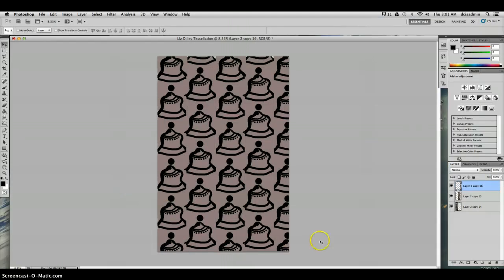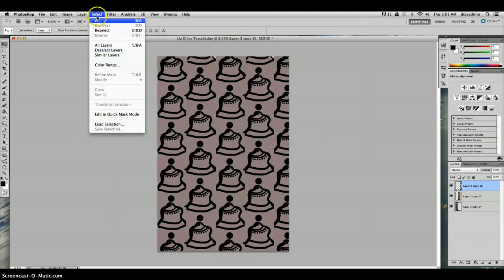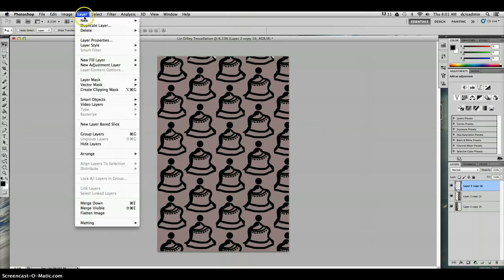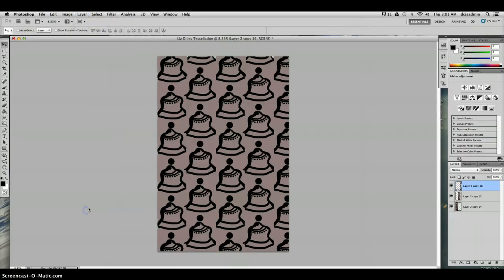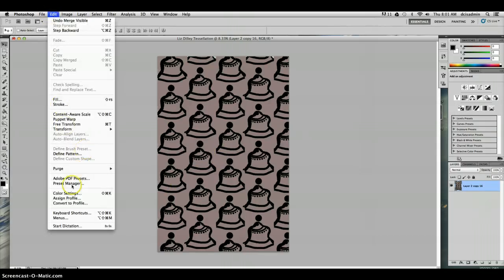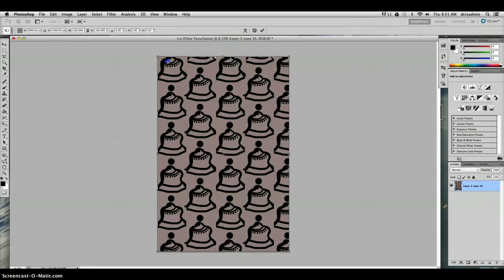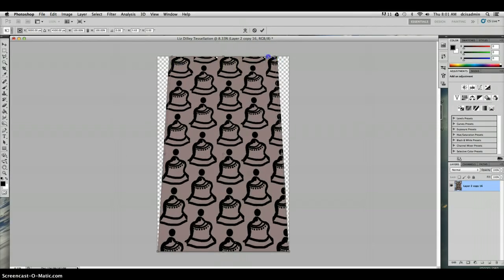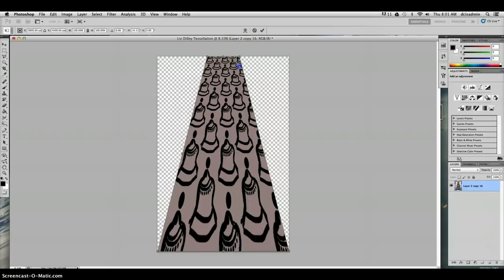Okay, once my tessellation is finished, I'm going to go to my Layer menu, and I'm going to Merge Visible to get them all together. And then I can do some fun stuff. I can play around with my transform tools, and I could change the perspective of this, so I could make it look like it's going back in space, and then do something fun. Maybe let's hit return. I could copy this layer, Command J. I could move it over